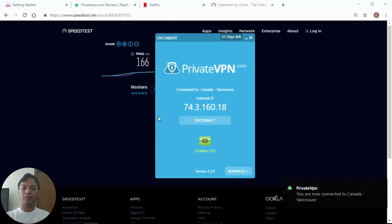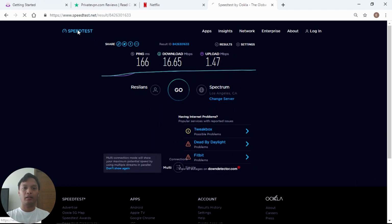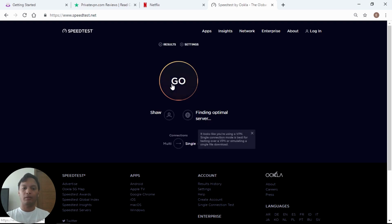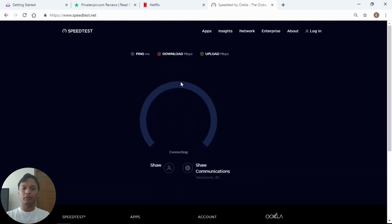Oh, all right. So we are now connected. So let's try that again and see how well the speed is. All right, so it's still finding an optimal server, so we'll have to, all right, so we are now connected. Let's go ahead and try it out. The ping hopefully is still around the same. I think it was 150 something, 56, I can't remember. But okay, so it's a little bit higher than what we had in Los Angeles, but now let's see the download speeds. Oh boy,